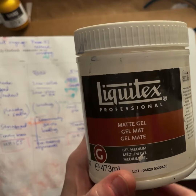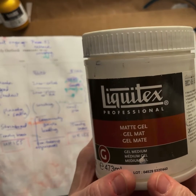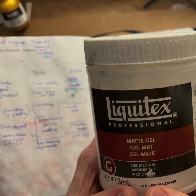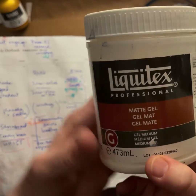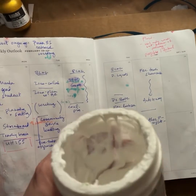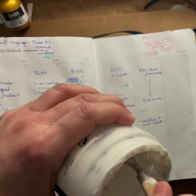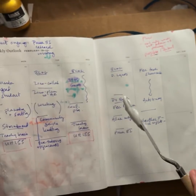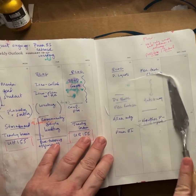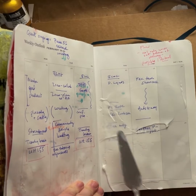This is the gel medium that I like to use, is matte gel. You can also find it in a glossy finish, but this goes between the pages, so you're not really going to see it. The matte gel, or whatever kind of gel medium, can be applied with a palette knife or a brush. I prefer a palette knife because it's easier and faster, and I'm not a terribly patient person about things like this. And so I'll just spread it on, kind of like icing on a cake,